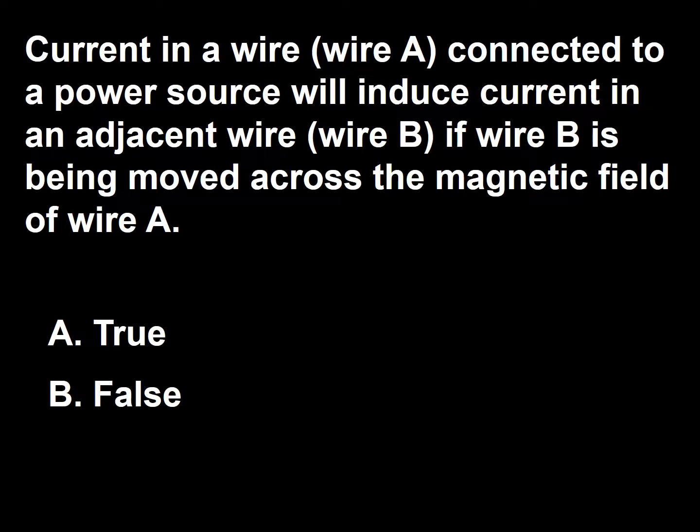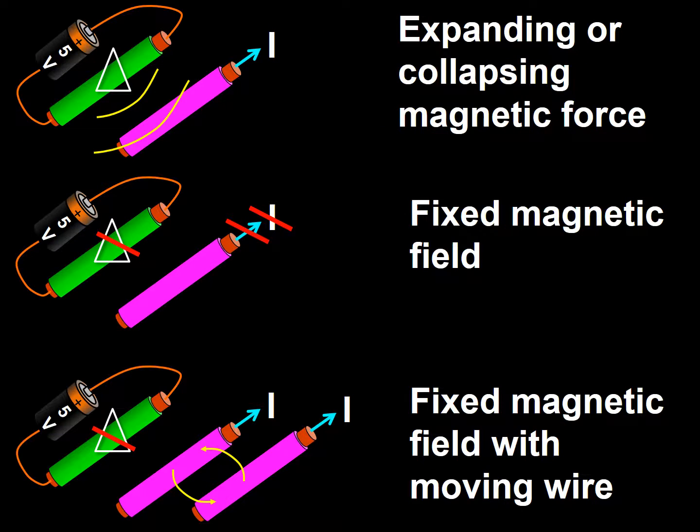Next question. Current in a wire A connected to a power source will induce current in an adjacent wire, that is wire B, if wire B is being moved across the magnetic field of wire A. A, true, B, false. This frame is the same frame that I presented to you to answer the last question. I placed this question here again to emphasize this point